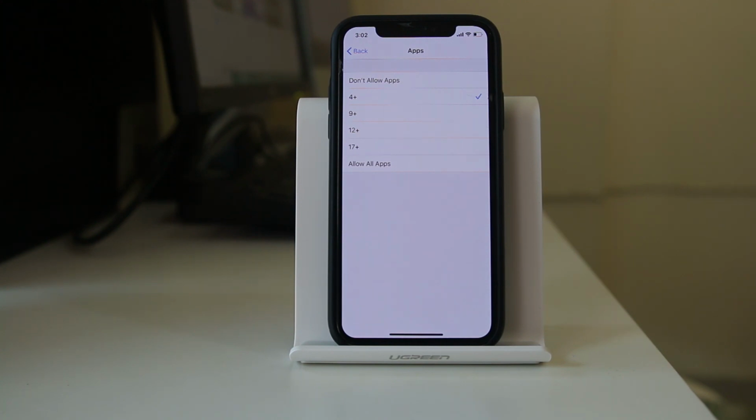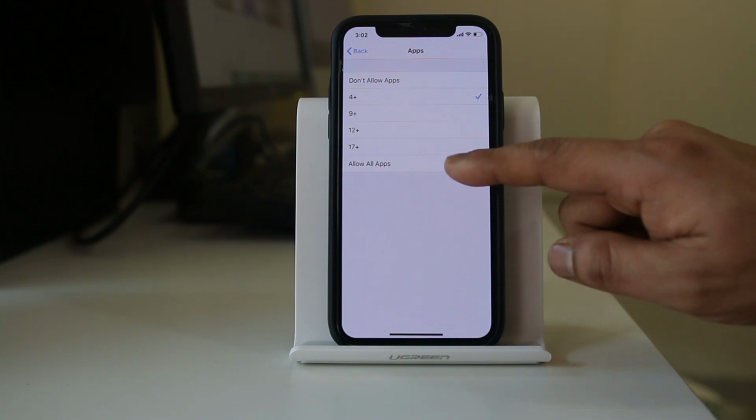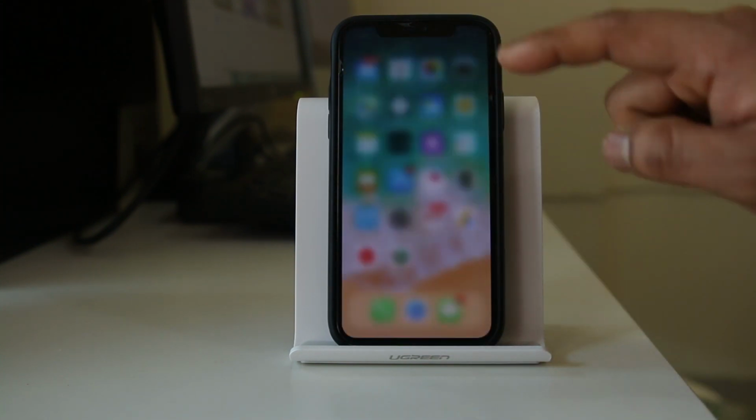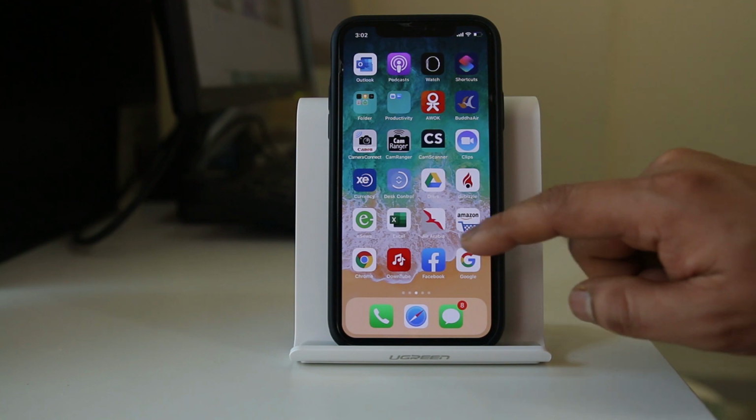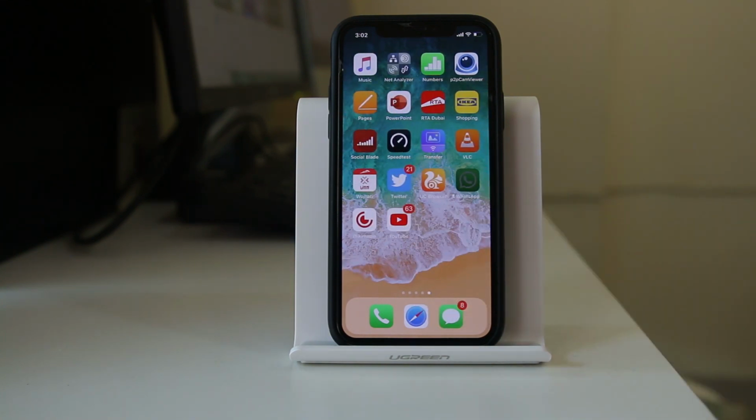Now generally the social media applications or the YouTube application is rated above 12 plus. So what you have to do is select allow all apps, and once you do, if you go back, then you can see Facebook, Messenger, YouTube, everything has appeared on your iPhone.